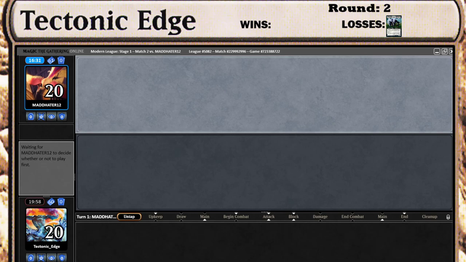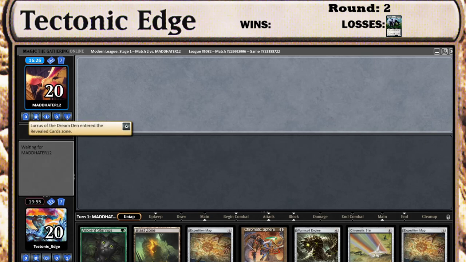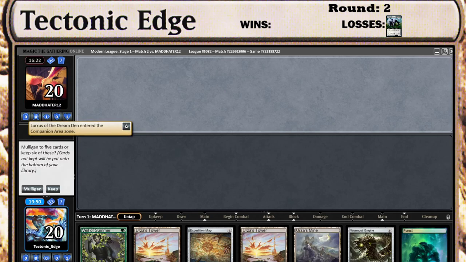This is the game where they usually bring in more counterspells. Yeah, that makes this game tricky. We will declare our companion. And mulligan this because there's no Tron lands in it. But we will keep that because it is Tron